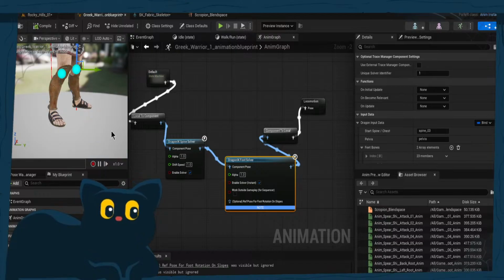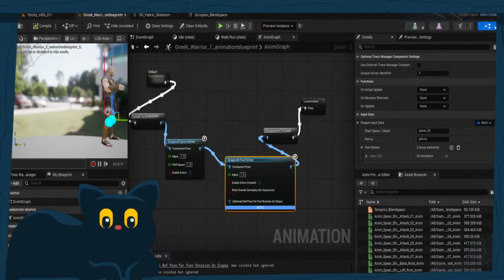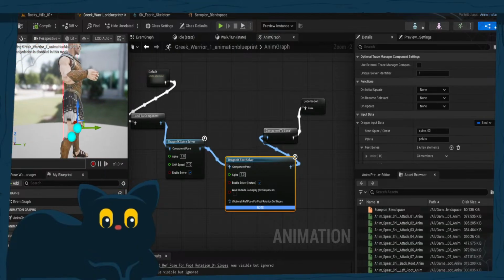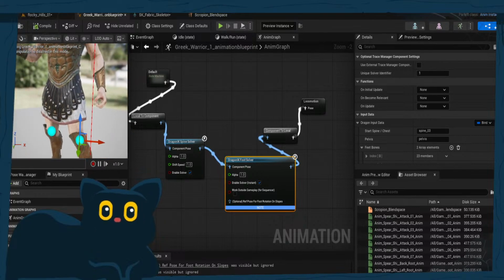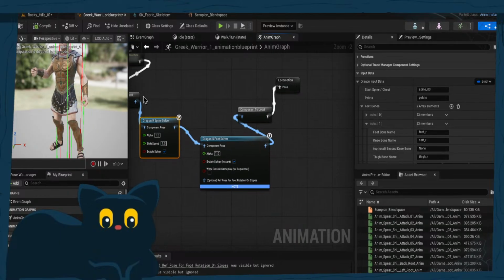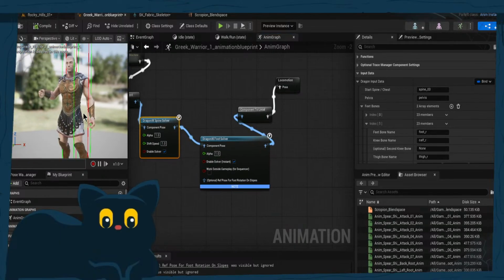Now we hit it again, boom, that's our knees, feetsies, everything. So we got everything together. We click OK like that,